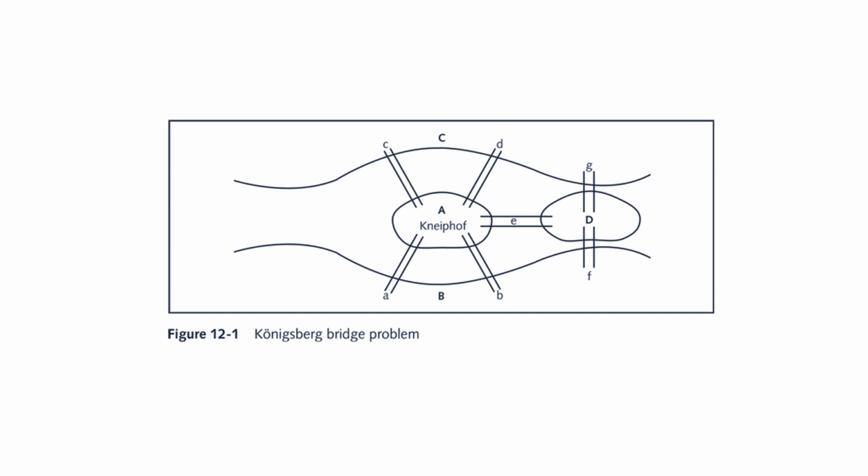This is the pictorial representation of the Königsberg Bridge problem. Here, land areas are marked as A, B, C, D and bridges are labeled as A, B, C, D, E, F, G. Here, you can start from any city, travel through all the bridges exactly once and come back to the starting city. Many mathematicians tried to solve this particular problem, but they could not come up with a satisfactory solution.